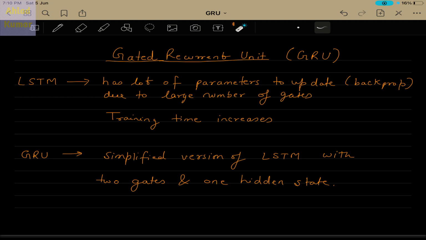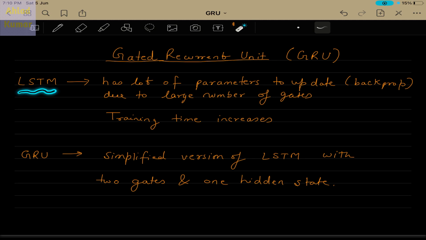Hello everyone. Today in this lecture we will discuss GRUs. The full form of GRU is Gated Recurrent Unit, and this is basically an improvement over the LSTM network, that is the long short term memory architecture that we had discussed in our last lecture. So it has some advantages over LSTM. And what are the advantages over LSTM?